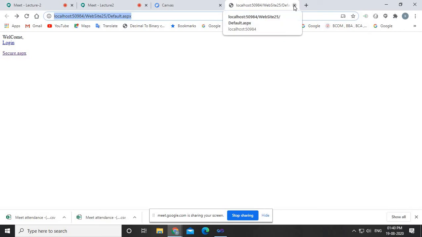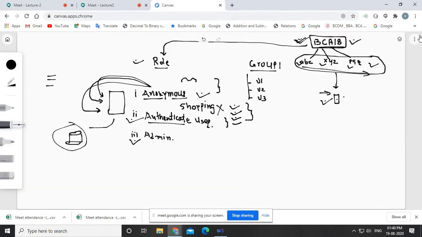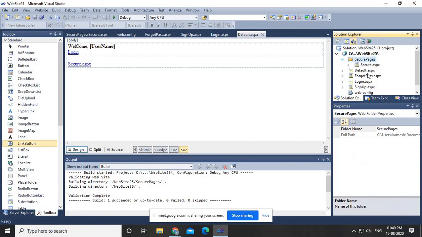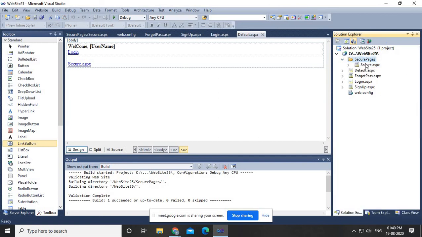Okay, now we are going to the third stage. Suppose now you can put any page here, but make sure this page will not be opened by a user who has not performed the authentication stage. So in this directory, if you are creating 4 pages, then all 4 pages will be accessible only by the authenticated user, and an anonymous user cannot open them.